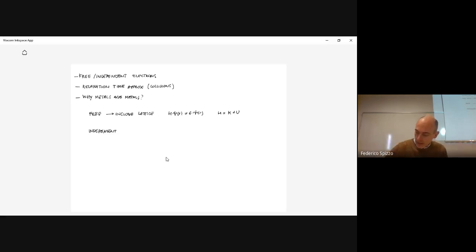Okay, so let's say R is an arbitrary vector belonging to the Bravais lattice. U of R, in this case, depends on the coordinate of the electron, is something that is